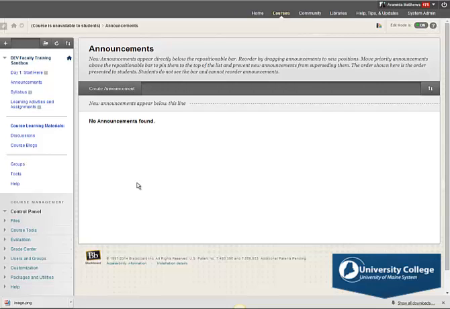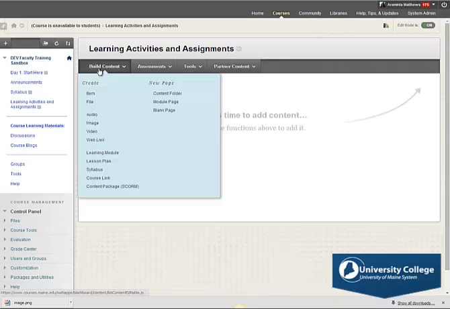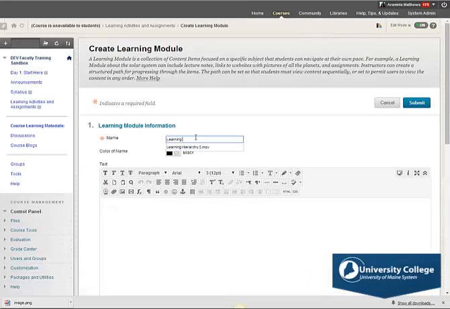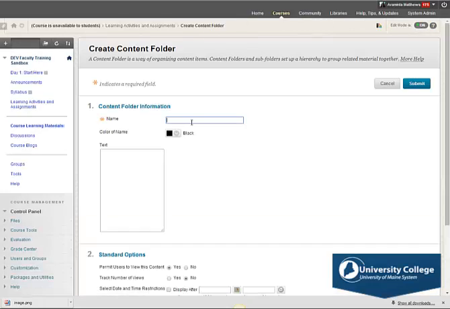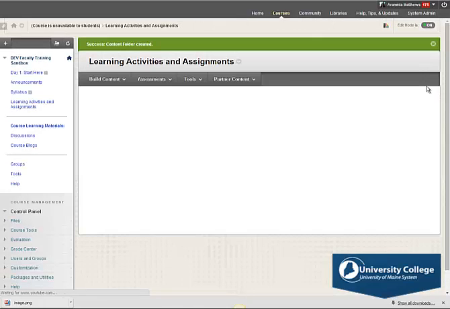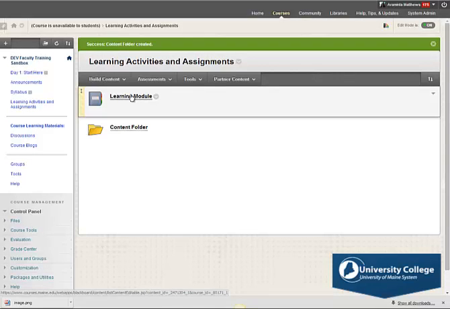Blackboard offers two basic organizational tools for the content you put into your course. They are Learning Module and Content Folder. Within a learning module, materials will be paginated like an ebook, meaning students will only see a small chunk of